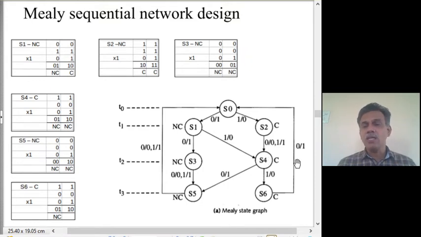So as we see, whenever we have a situation that we need to remember some information which is not remembered by any other state, a new state has to be generated. Otherwise, we have to reuse the same state. So this is how we have to do it. So 2 bits have been converted. Now there are 2 states, S3 and S4. Each has to be handled.